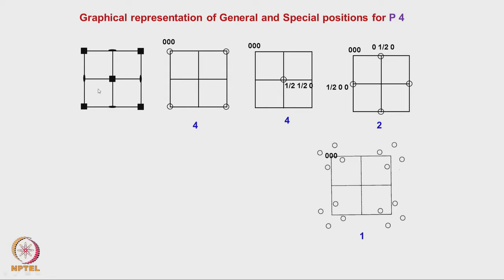Here the number of lattice points per unit cell is 1. Here also the number of atoms per unit cell is 1. Here the number of atoms per unit cell is 1. What happens here? 2. Here 4. Okay. So depending upon where you put it, the number of atoms which will be required to generate the specific lattice changes, and that is dictated by the symmetry which is associated with it. Okay. The points which have got the maximum symmetry of the lattice, the fourfold symmetry, then we require only one.